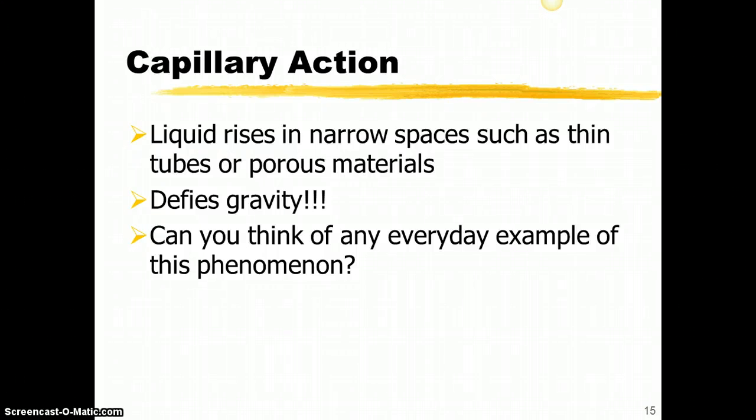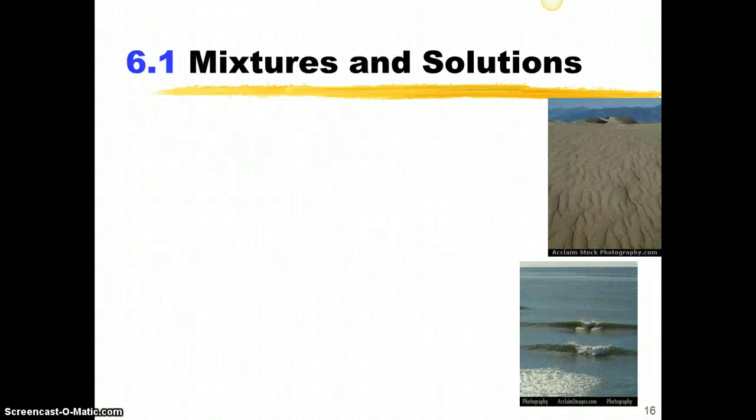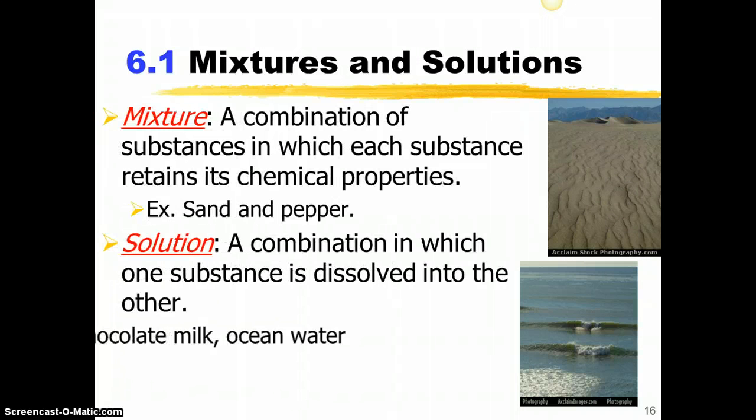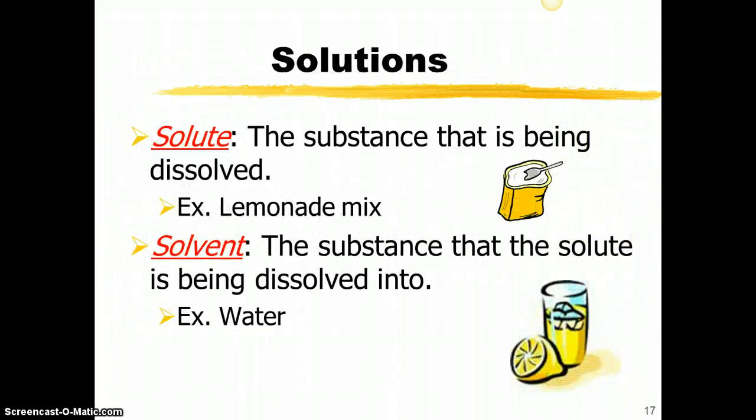That's why a lot of cacti are short and round, and they have a lot of vascular tissue on the inside. This property defies gravity. It means it moves in the opposite way of what it should or normally would. We're going to skip this part. We talked a little bit about